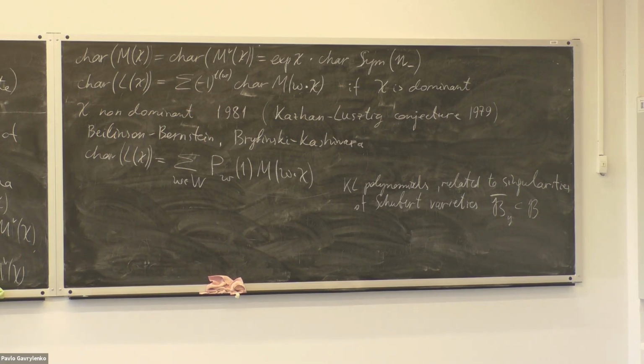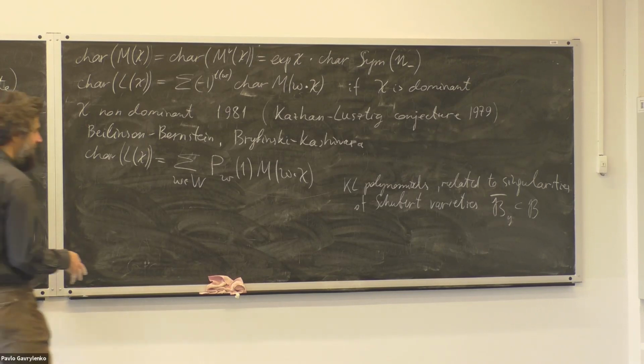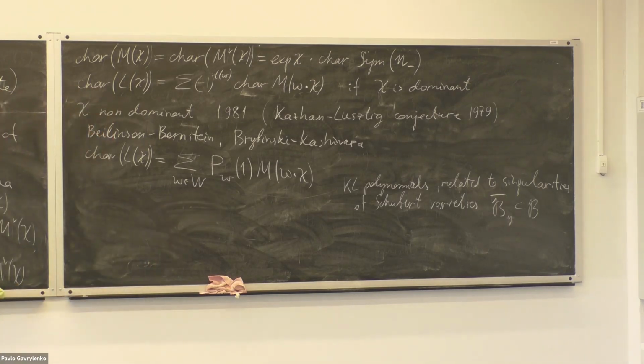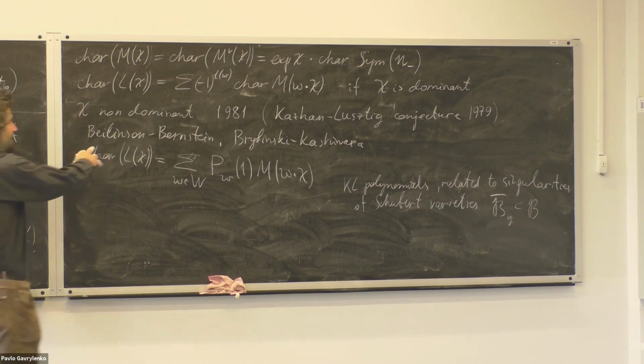So now I will write down some sort of explicit formula for the character of the standard modules over affine Hecke algebra, and then there is another formula that expresses the character of irreducible modules in terms of the standard characters via some Kazhdan-Lusztig polynomials, well, in a similar setup. This I will explain. But what is funny is that the usual Kazhdan-Lusztig conjecture that was proved by these guys,